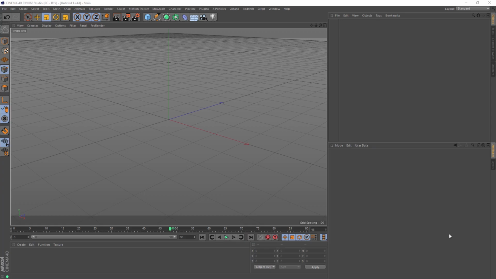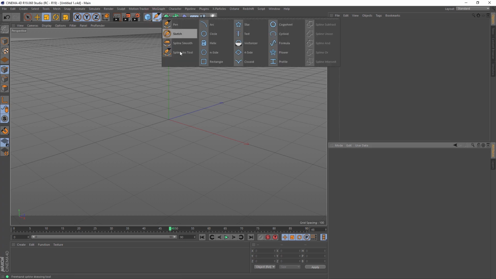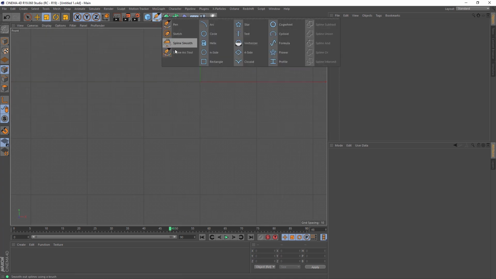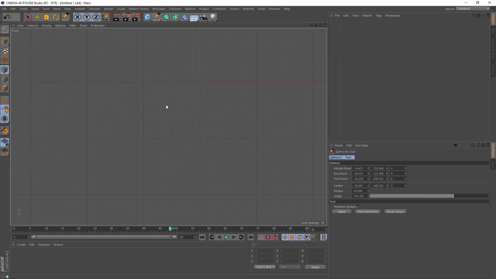In this series we're gonna look at how to use basic shape tools or spline tools and the MoGraph cloner for creating beautiful organic flourish ornament. Let's start. We'll take the spline arc tool and draw some shape. I hold left button to move, and then I can manage the arc tool and